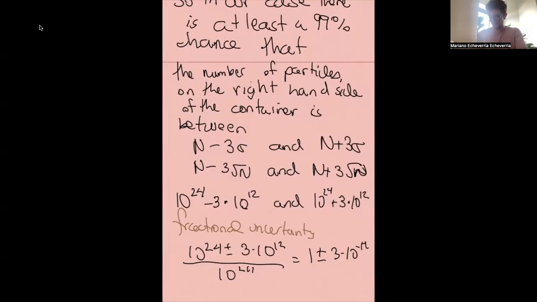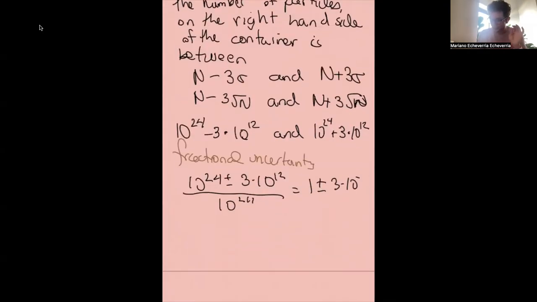Yeah, that makes sense. In fact, this is actually philosophically very important. This is saying that even if there are fluctuations, and this is related to the question at the beginning of the class about the approach to equilibrium, we're not making the claim that the number of particles is always half and half, right? What we're saying is that any deviation from the average is so absolutely small that for all practical purposes, you would not be able to notice it. So you could add literally 10 to the 12 particles to one side of the container. That's nothing, because that grows with the square root of n, and the total number of particles is n or 2n.